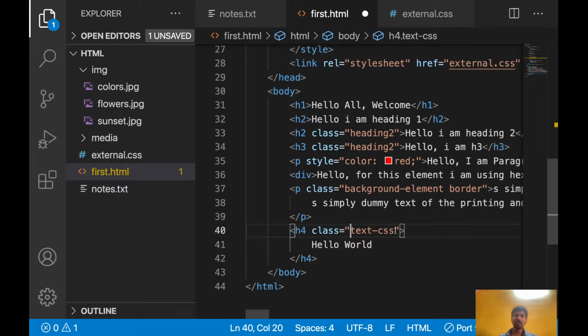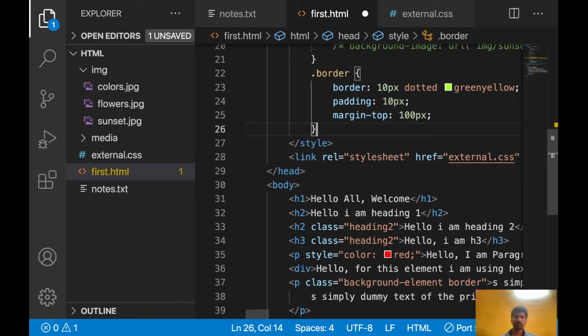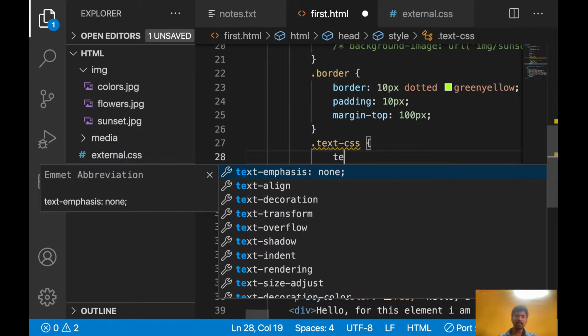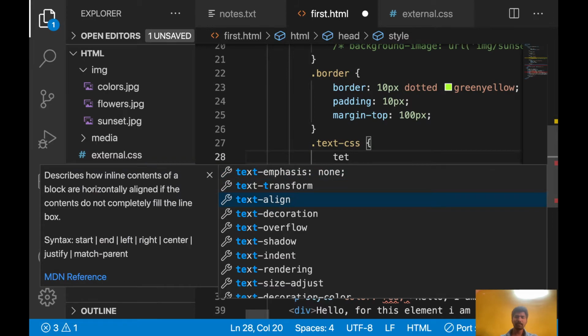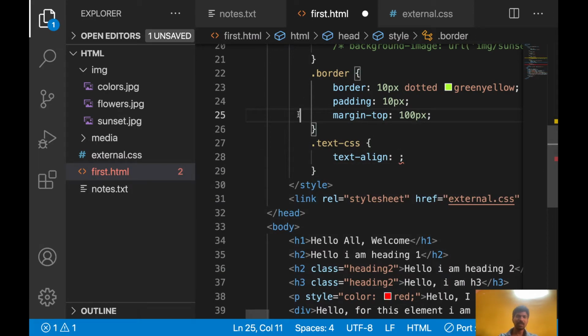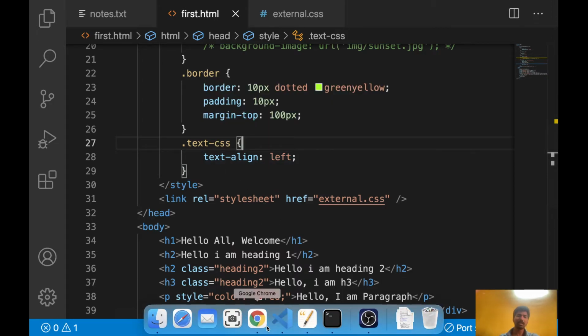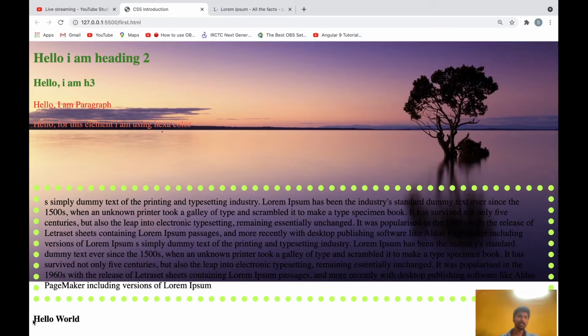Okay, for this let's apply some CSS. Let's say text-align. First let's hide this left bar, we will get some space. By default left will be there actually. So let's apply the default one first, text-align left. See here left is coming now.